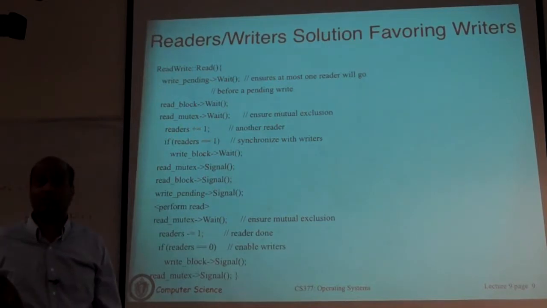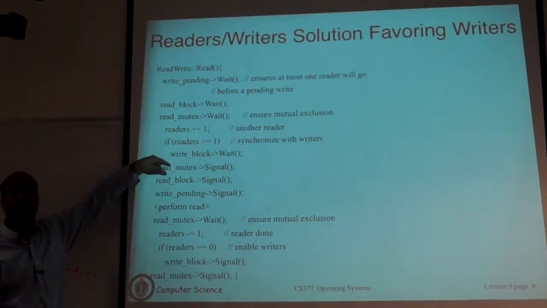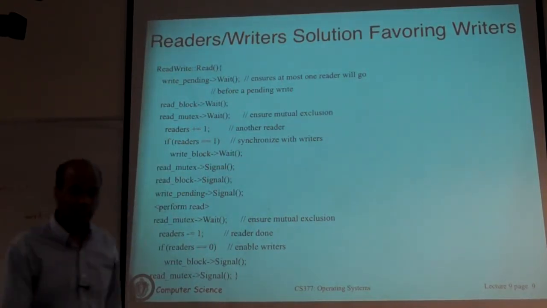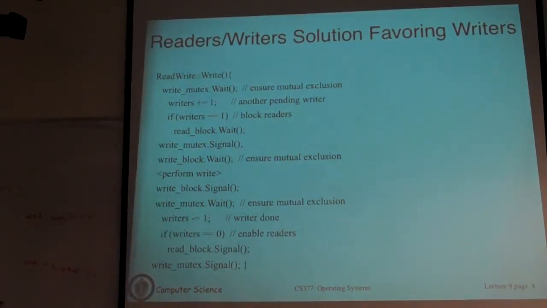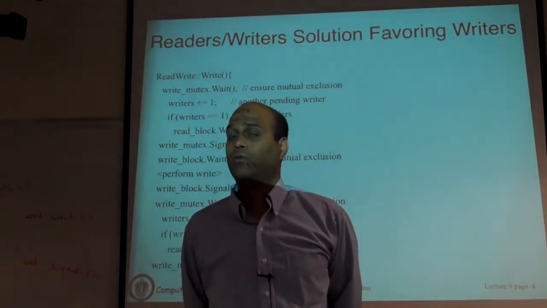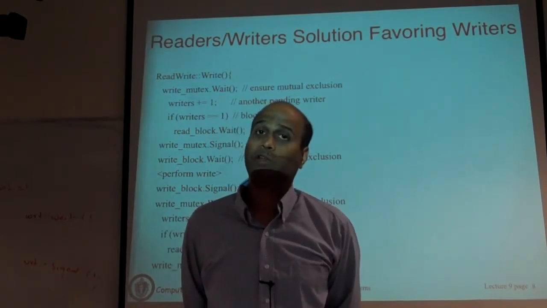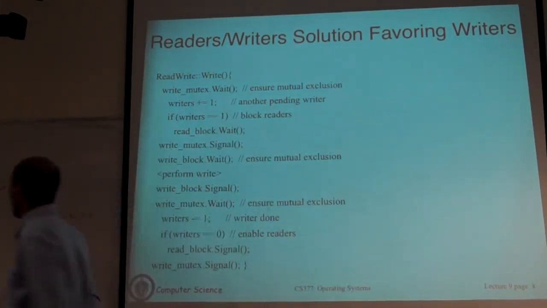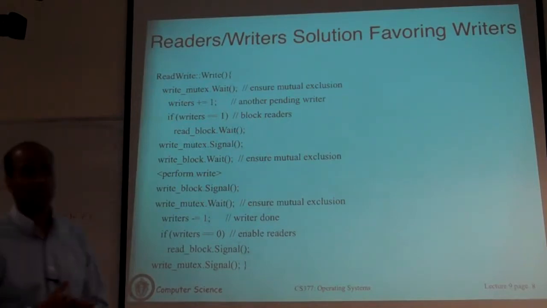You still want some concurrency and you don't want a writer to proceed if there are reads happening, so you have to block the writers if there are reads happening. But because we added this extra code, we ensure that once a writer comes, no subsequent readers can proceed. We block them explicitly using this. So that's really the way to get around it. But as I said, this is a little more fair than the previous solution, but not entirely, because after you block the writers, the solution actually allows other writers to sneak by the readers that are waiting. So that problem still exists.